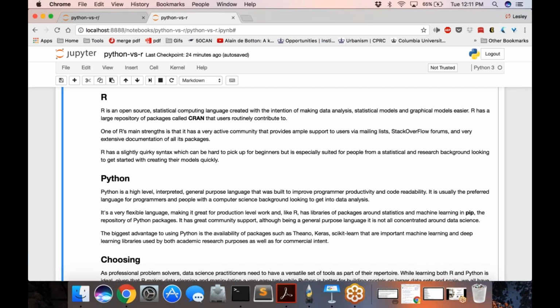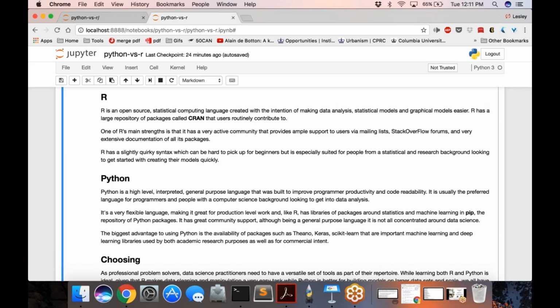So usually I personally recommend that Python is a better beginner language. Obviously, sometimes different languages click with different people better, but generally speaking, I think Python is the better programming language for beginners.